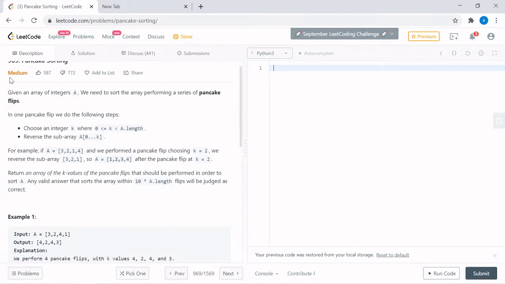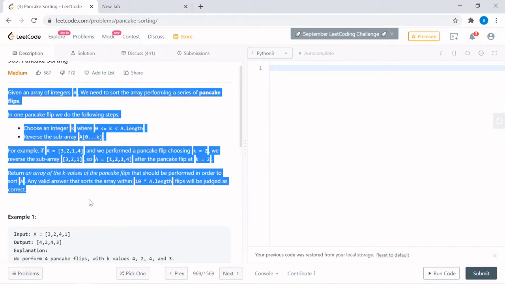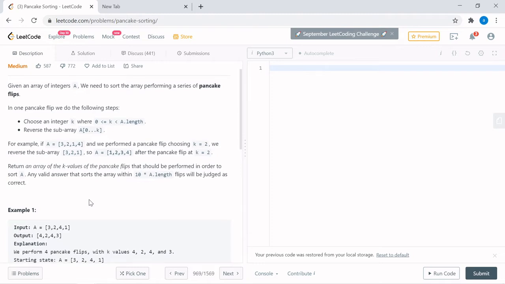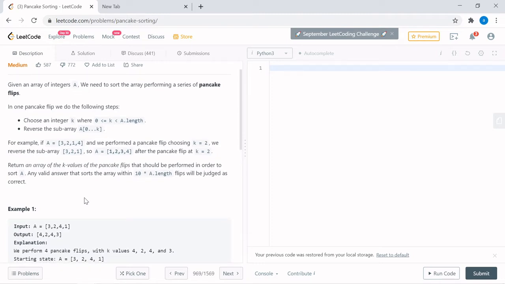So this is the problem statement that has been given to us. We are supposed to understand it. The key focus area here is, whenever you are given a problem statement, first and foremost, you have to look out for what input you will be getting, what output you are expected to get, and what you are expected to return from that function.